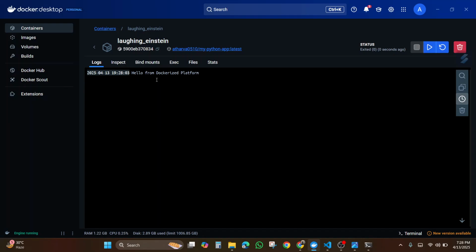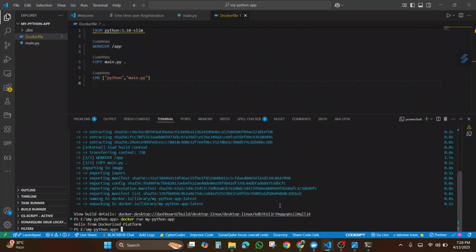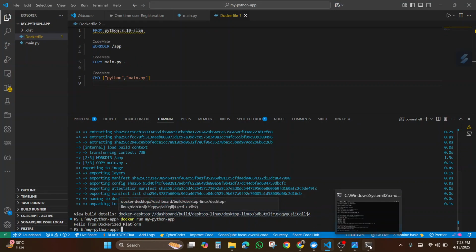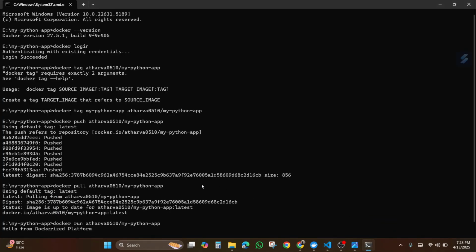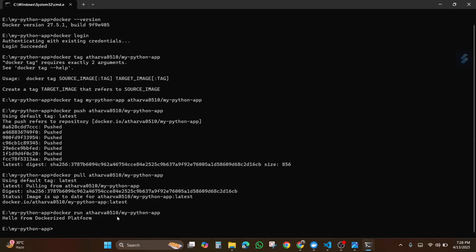Here we will also see the output in the VS Code. We will be seeing the output in the terminal as well, and this will indicate that my Python app has successfully run on the Docker, and I have successfully implemented the Docker. So from this total